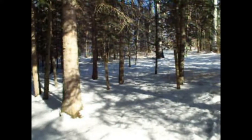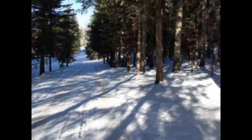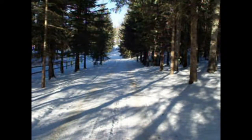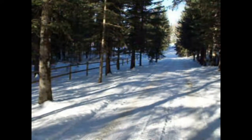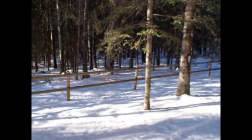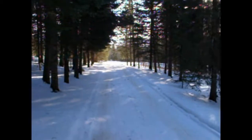So video number 2, coming in and looking down the driveway towards the house and parking lot and the studio, and turning into the forest portion of the front part of the property. Video number 3, looking back at the front entry of the driveway,